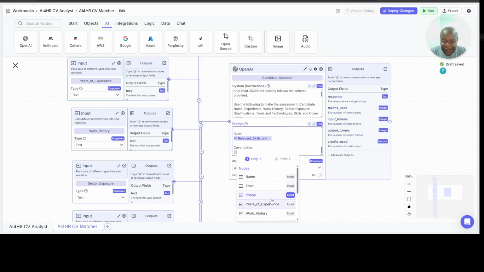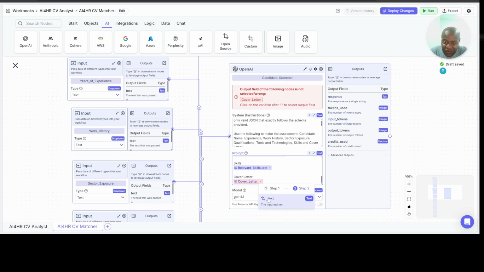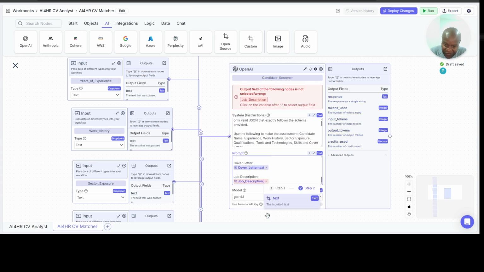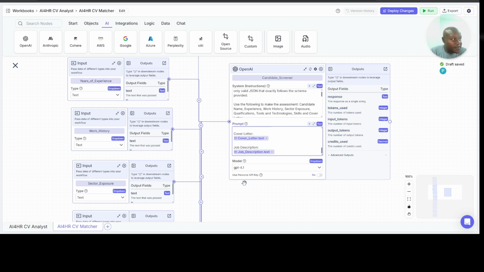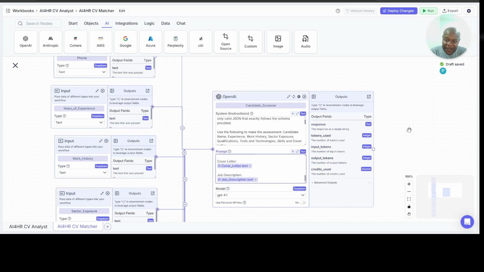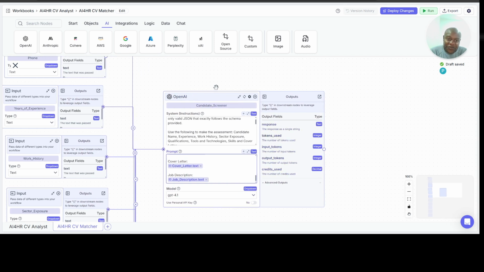So what will our AI do? It will look at all these things to screen them, but against what? Remember, we had job description. So it screens them against the job description. And here we enter, let us see, job description text. Okay. So as you can see, all these nodes are now linked to the LLM and it will produce an